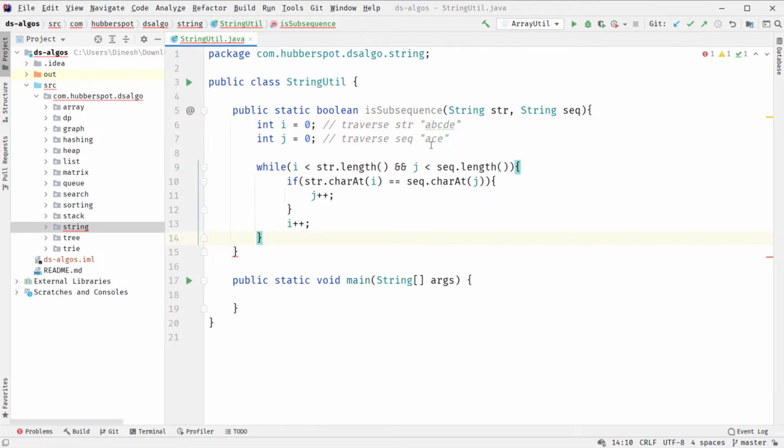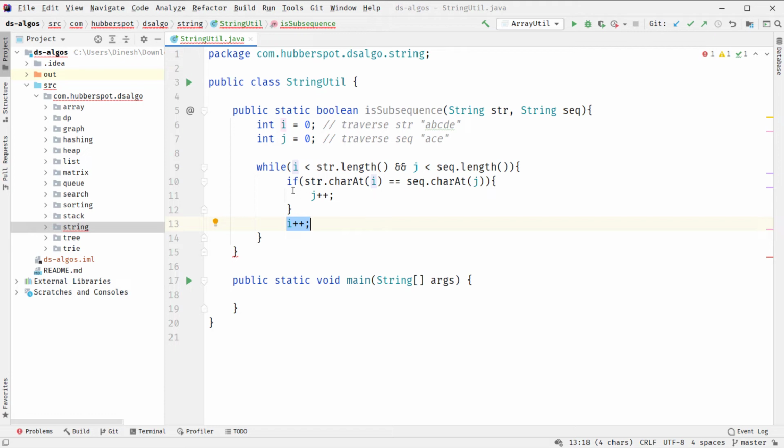In the next iteration you will see that B is compared with C via this condition. This condition comes out to be false because B is not equal to C. So we don't increment j, we only increment i, because there could be a possibility that C might come later in the string, as we are trying to find out the subsequence here. So we always increment i irrespective of whether we have found our element or not.